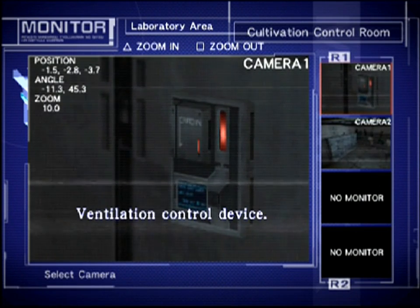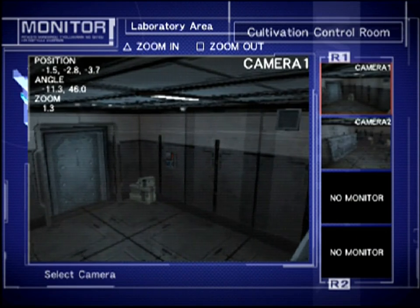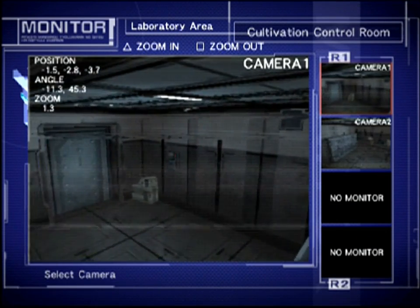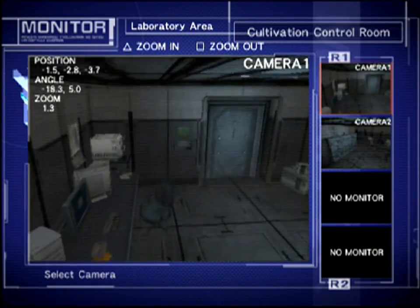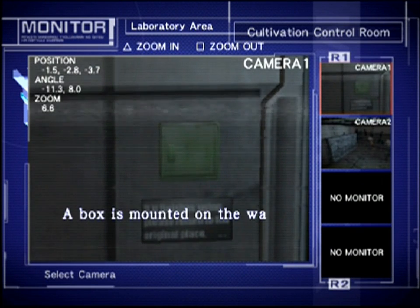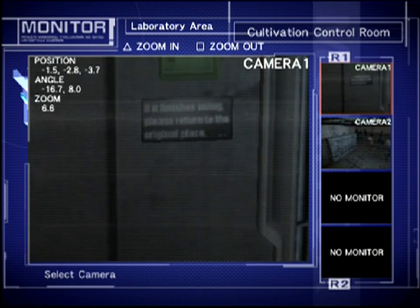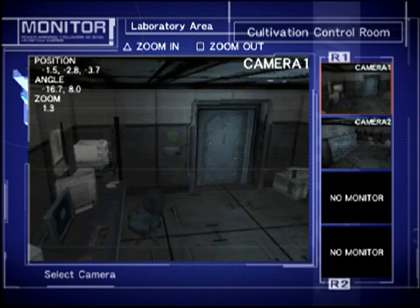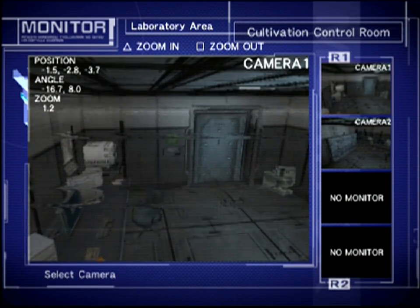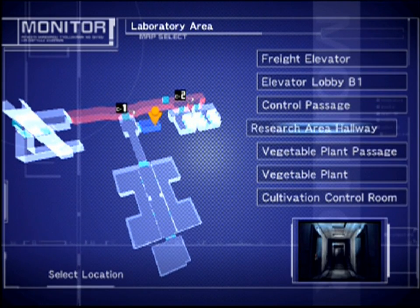Yeah, along with the ventilation control device, there are a few other points of interest in the cultivation control room. But the one we can really see right now is this box on the wall here. It's got a little bit of text underneath it, but yeah, we're not going to be able to read it from where we are right now. So, we are going to have to deal with two ghosts in a very confined space before we can really even head to the ventilation controls. But still,